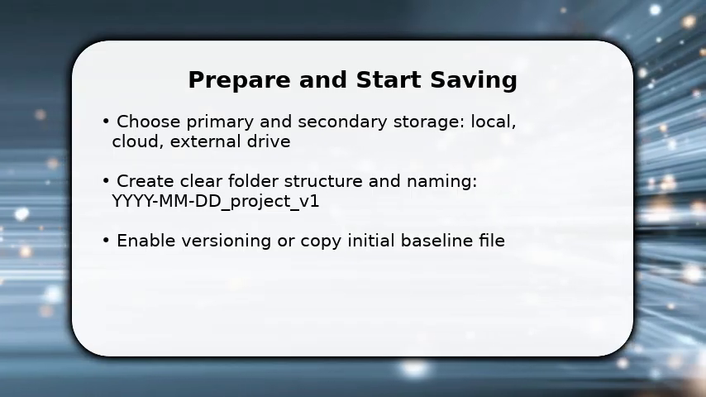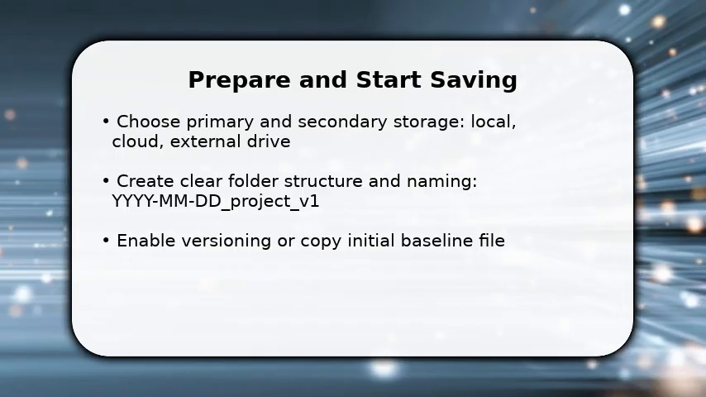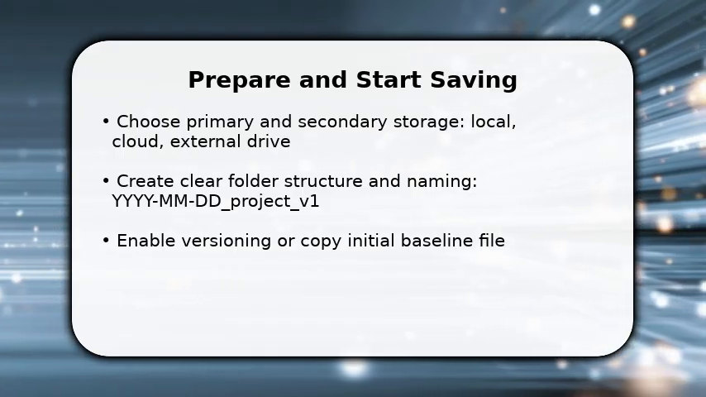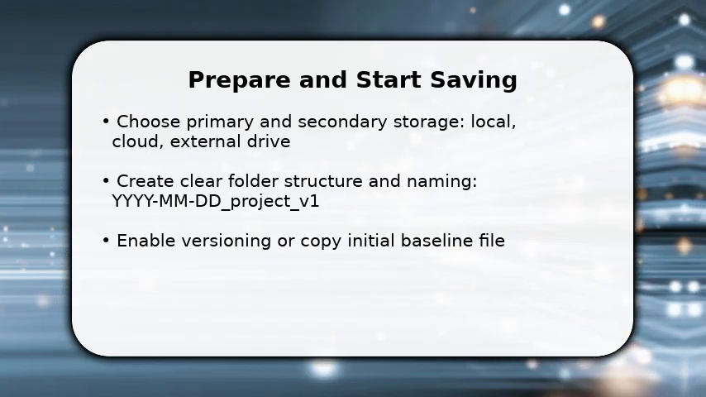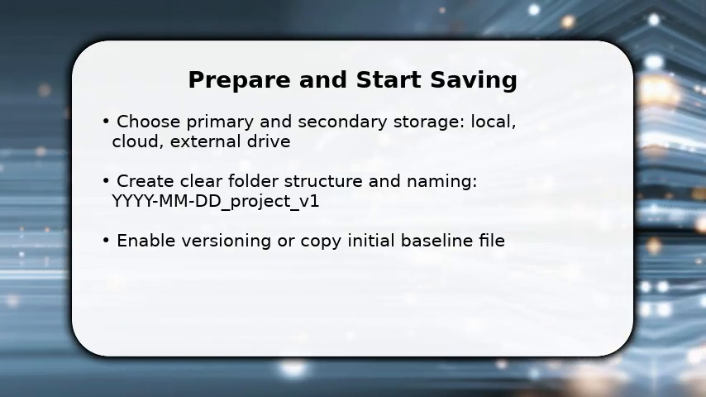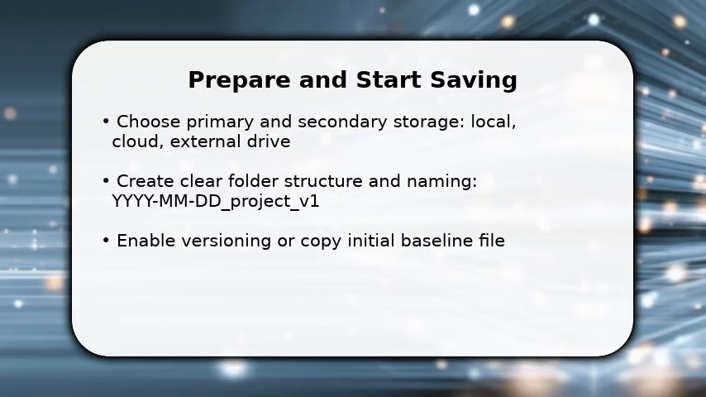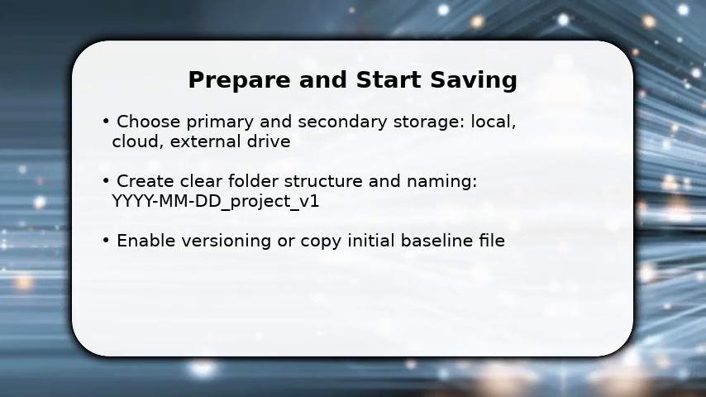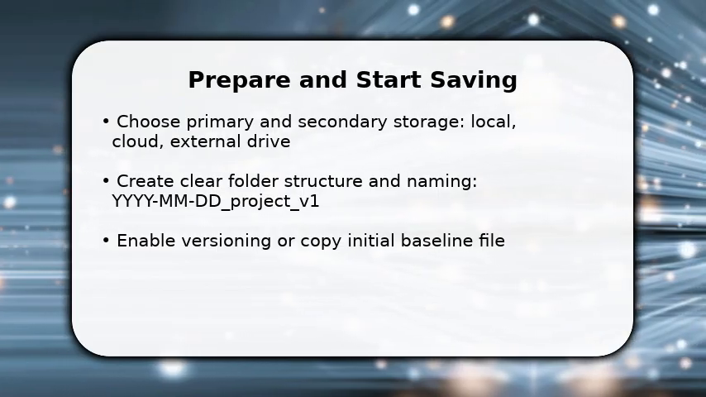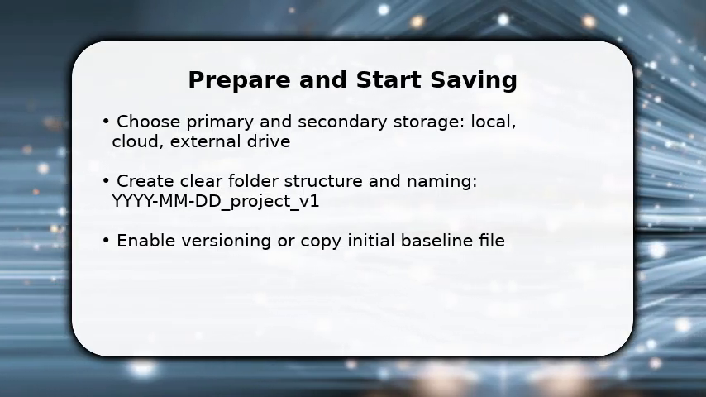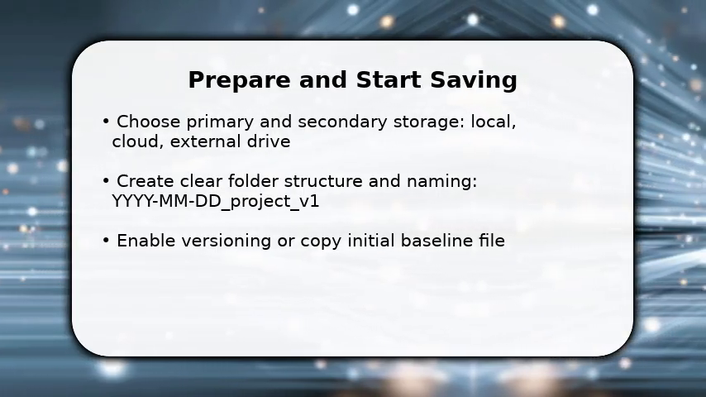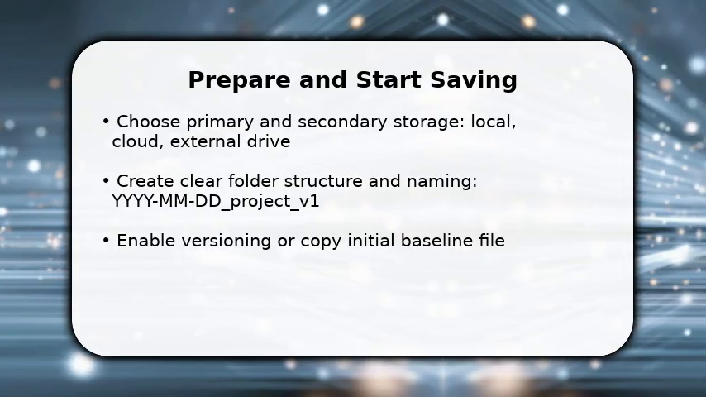You begin by picking where data will live and why, choose a primary location and a redundant secondary. Once chosen, create a logical folder tree and a consistent naming rule so you can find files later. Make an initial baseline copy and enable versioning if available. This prevents accidental overwrite. Make sure permissions are set so you can access backups, and label external drives physically to